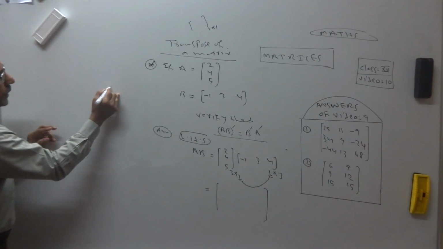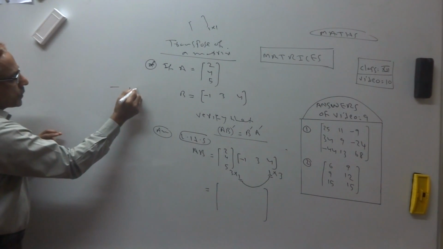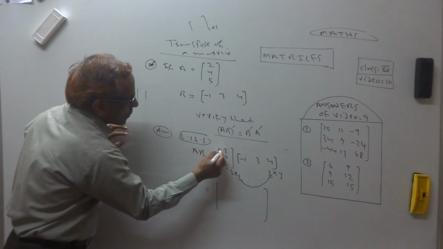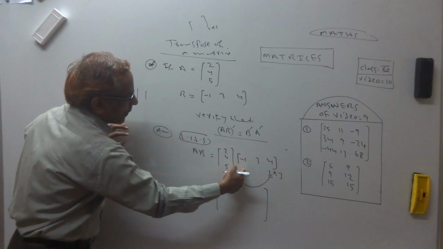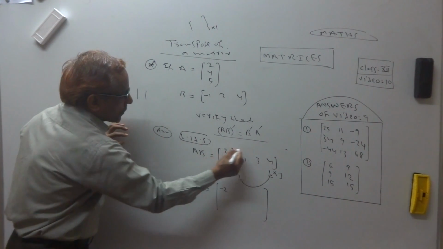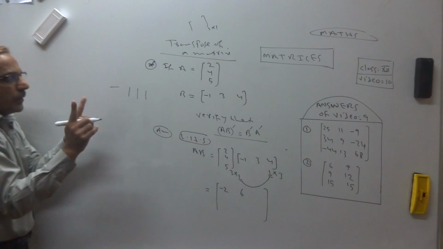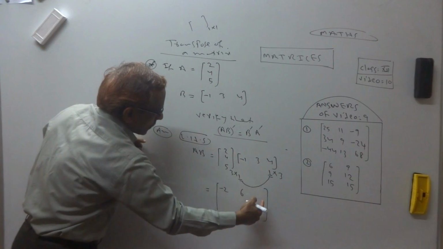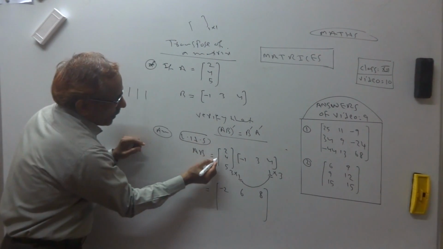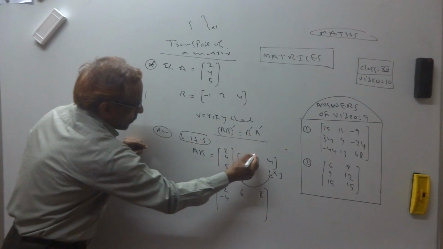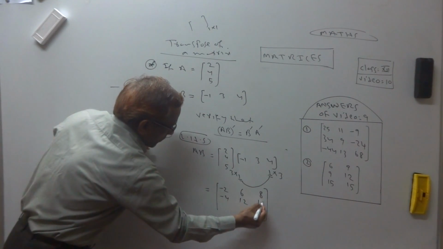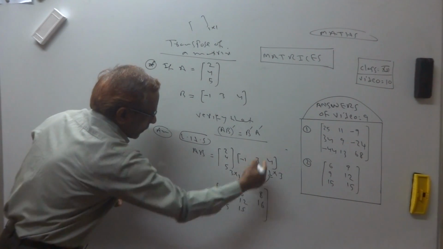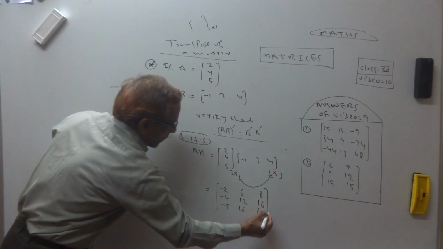Here how we multiply? First row, first column. First row, second column. First row, third column. First row, first column, first row 1 element, first column also 1 element. 2 ones are 2, finished. First row, second column, 6. No plus sign will come. We have done this type of questions before. First row, third column, 8. Second row, first column. Second row, second column. Second row, third column. Third row, first column. 5 3s are 15, 5 4s are 20. Finish. The result is 3 by 3.